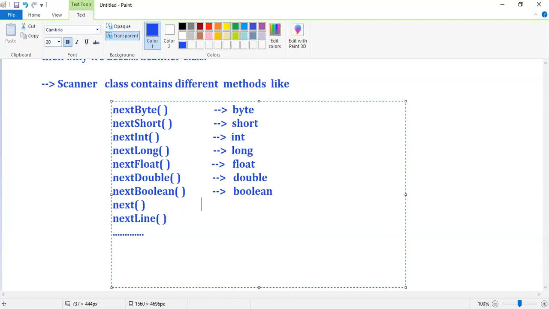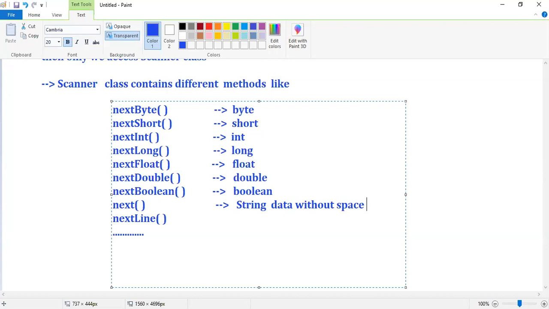And the next method, what is the purpose of the next method? To read string data without space. For example, if your data is Shiva Kumar, Shiva space Kumar, that type of data, it never takes it, only it will take Shiva.